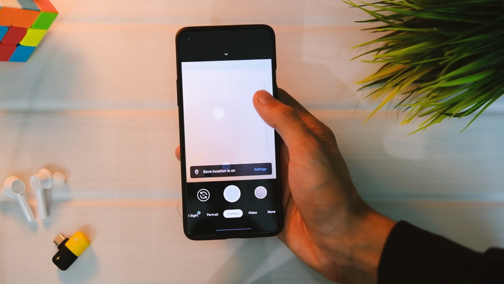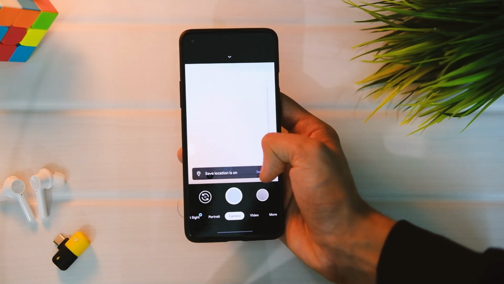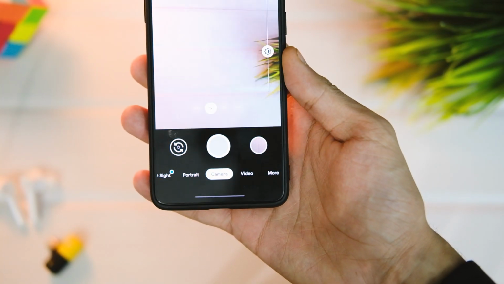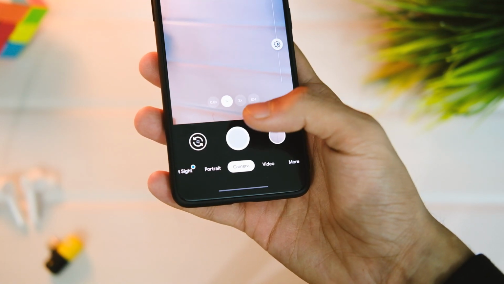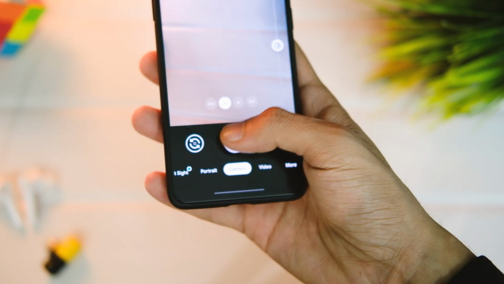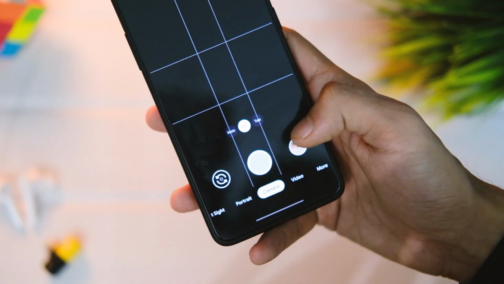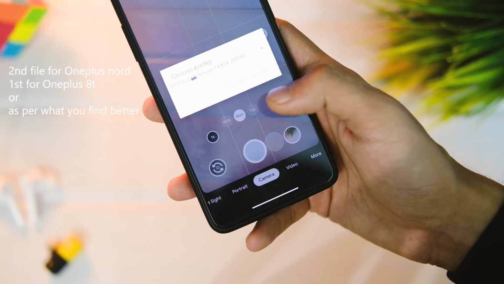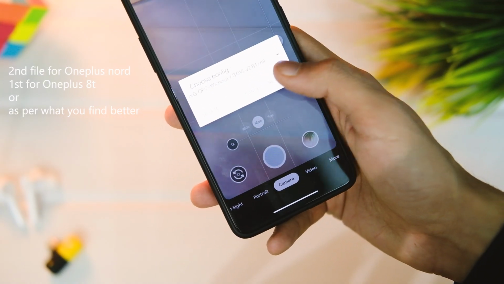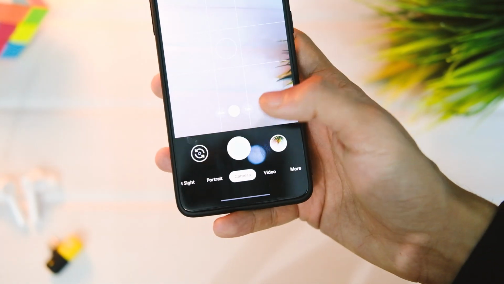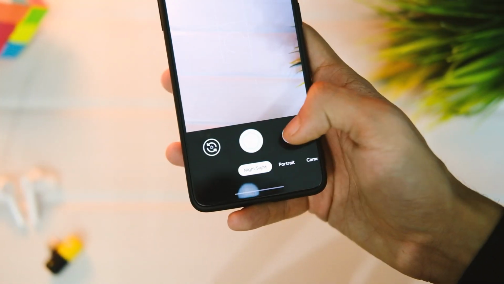After this, you have to load configs, and basically these are all the best default settings for the camera, keeping in mind most of the scenarios. So that can give better results overall, and the Gcam mod doesn't support it as of now, but it might in the near future. Anyways, just tap on the empty area to the left or right of the shutter button and select the second config. So tap on restore button and you will be good to go.